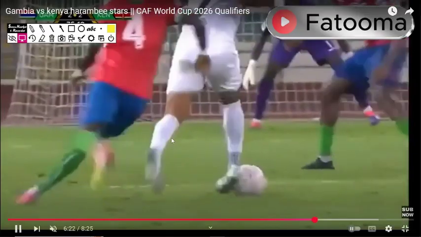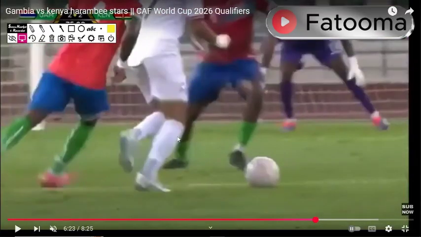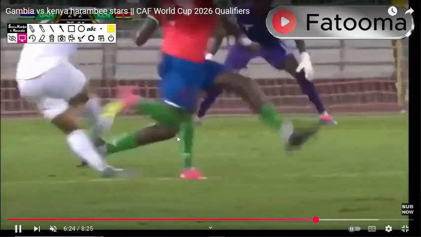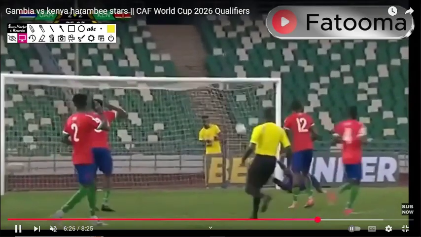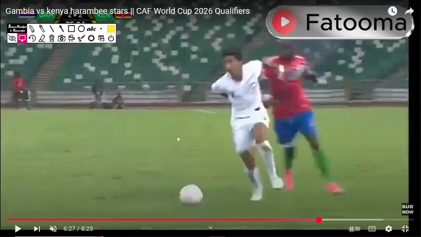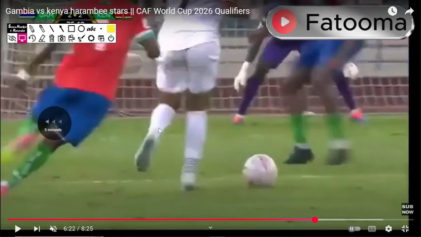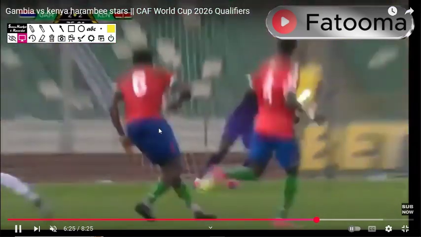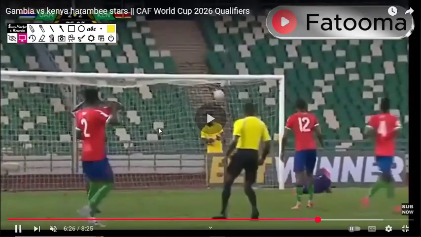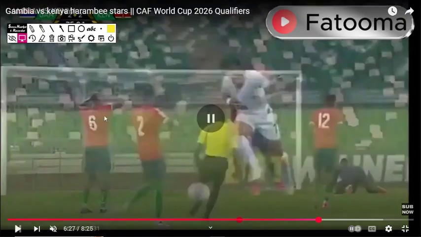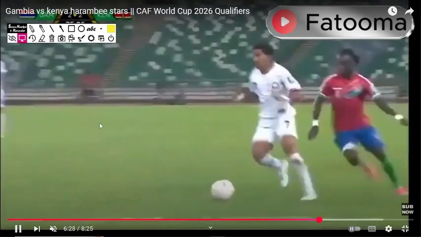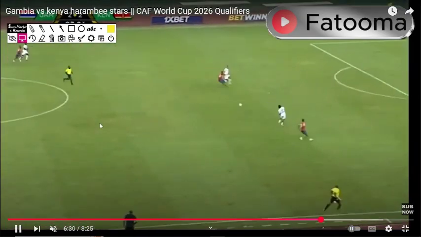Oof. If I was a keeper, I wouldn't be upset. Yes. Does the defense make a mistake? Yes. But oof, that strike there. Did you see that? Even the defensive player gets shocked. Look at him. He is flabbergasted. He's just holding his head. He was like, wow. You just have to appreciate that sometimes.